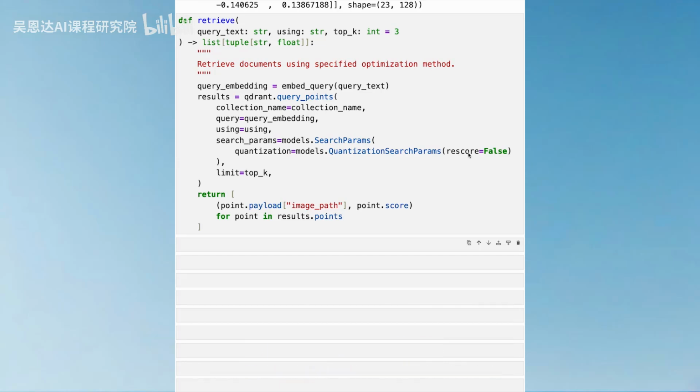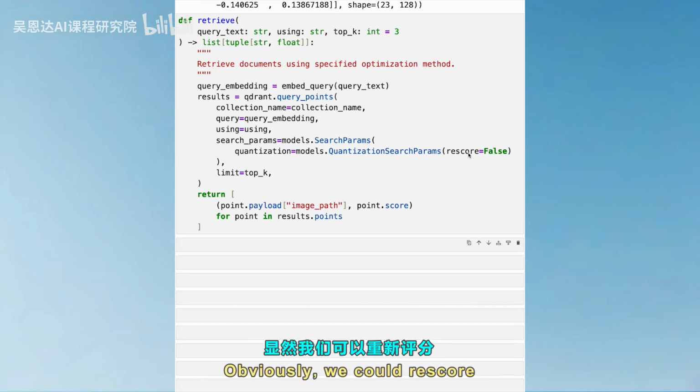Because some of the optimization methods we discussed earlier are quantization methods and Qdrant has a rescoring function built in, we specifically say that we don't want to use the rescoring mechanism because otherwise we could get better results than